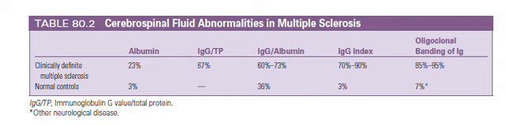Evaluating blood-brain barrier integrity and total protein ratios. Our first clinical indicator focuses on cerebrospinal fluid albumin levels. Albumin is produced exclusively by the liver, meaning its presence in the spinal fluid is purely a reflection of blood-brain barrier permeability. In normal controls, we see elevated albumin levels in a mere 3% of cases. However, in patients with clinically definite multiple sclerosis, this number rises to 23%, signaling a mild but distinct compromise in